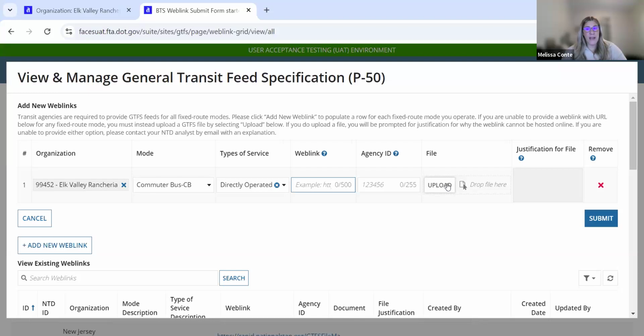If you have a file, last year was our first year, you can do the web link or the file if you're unable to host a web link. And with RTAP's resource, being able to host a web link for free. If we do see files, it will be something we'll discuss with you during your validation for your report, just to talk through why we can't host a web link, or we'll put you in contact with